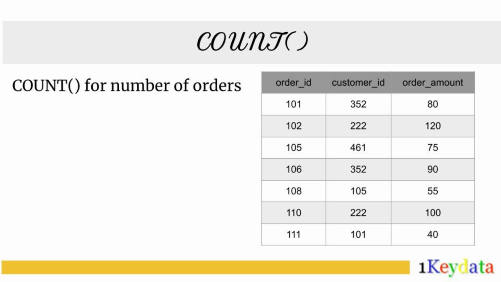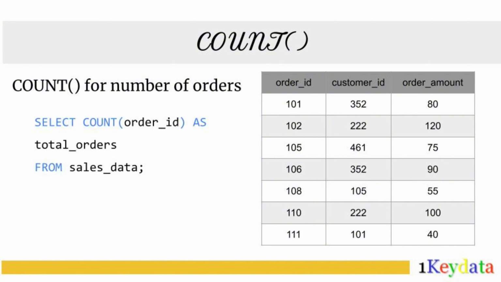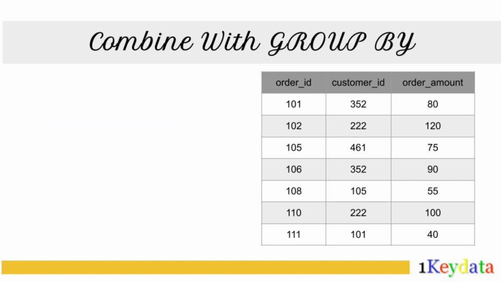Finally, count helps you count rows or non-null values in a column. This query gives the total number of orders. And here's the result. You can also combine these functions with group by to calculate totals, averages, or counts for